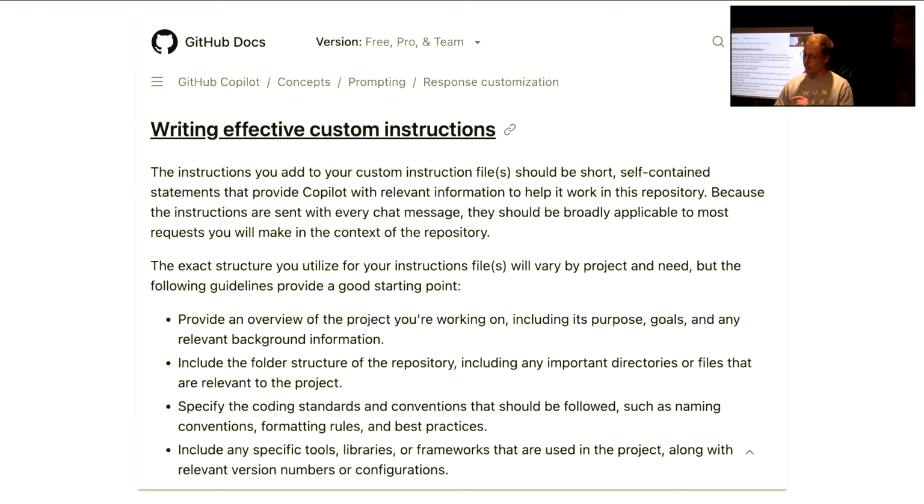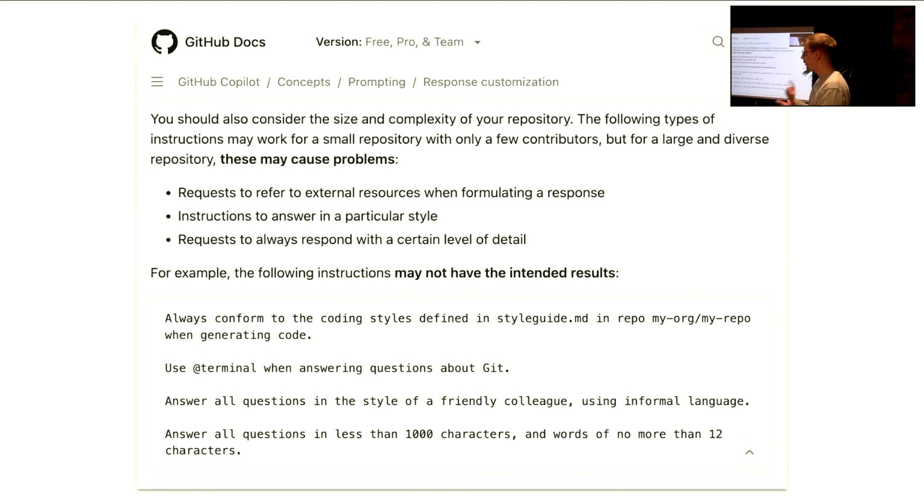The reason why I put Copilot's instructions here is that, unlike Cursor or Claude Code or Codex, Copilot also talks about what you should not add into your rules. So, for example, don't add a tone of voice to your agents.